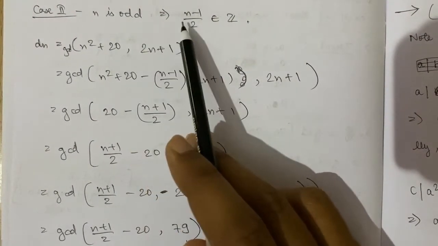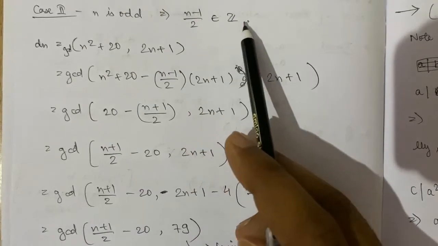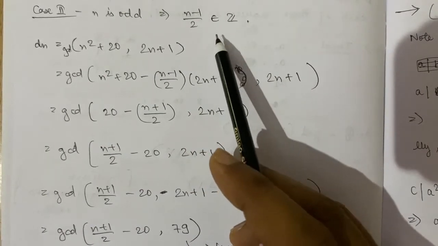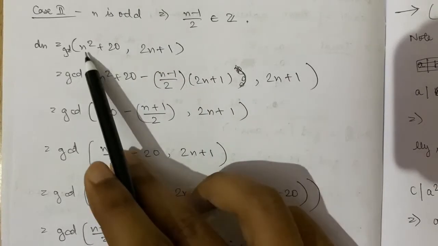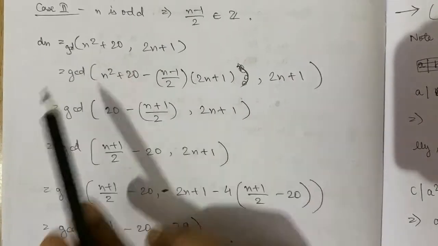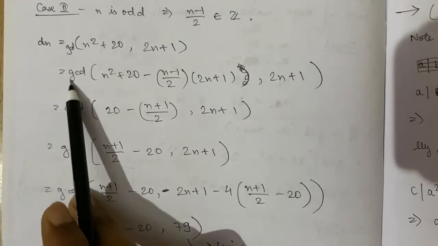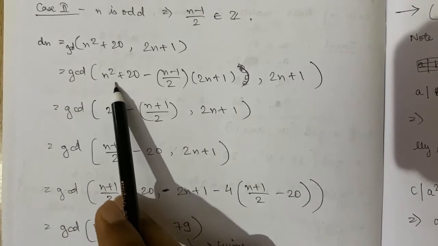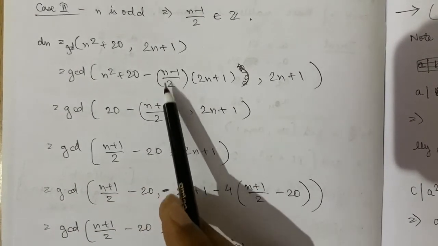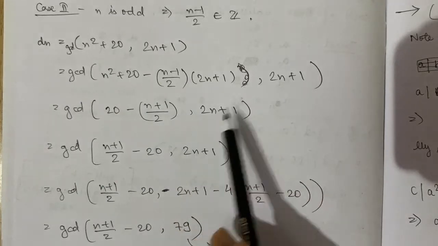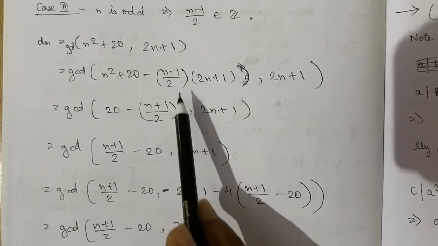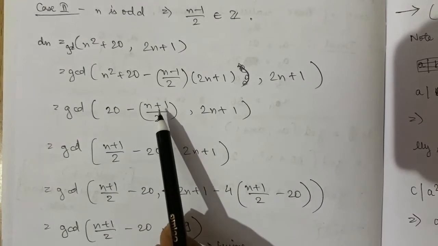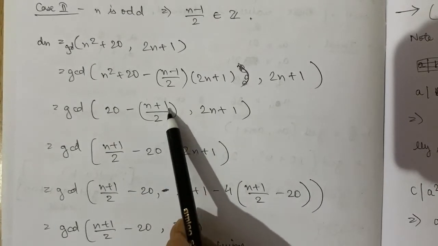N is odd, which means n minus 1 by 2 is an integer. So this time I'll subtract n minus 1 by 2 times 2n plus 1 from this term to get rid of n square. So GCD Dn equals the GCD of n square plus 20 minus n minus 1 by 2 times 2n plus 1, and 2n plus 1. So this n square gets cancelled out and I'm left with 20 minus n plus 1 by 2